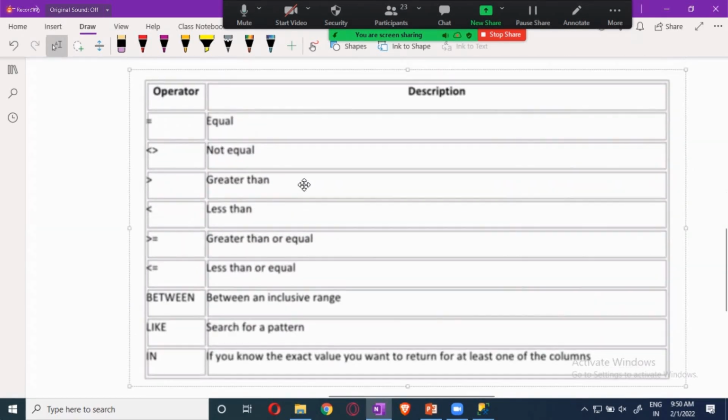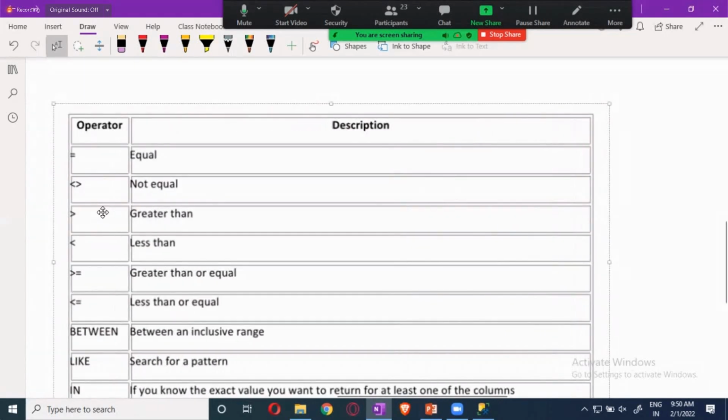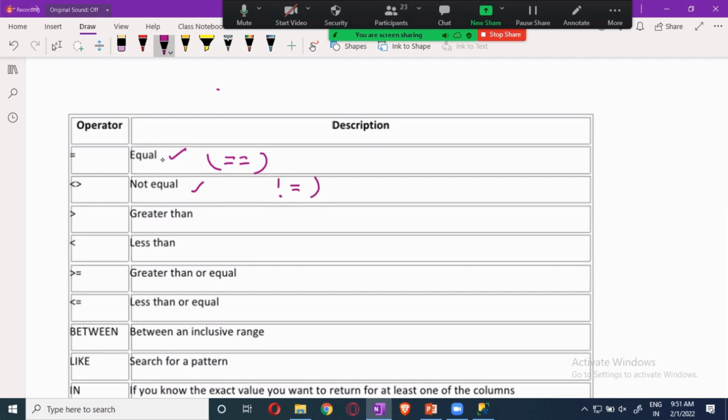When you talk about equals to, this is nothing but the double equals to in Python. It will work the same. Not equals to is the same as not equals to in Python. Greater than sign is greater than, less than sign is less than, and greater than or equal to is a dual operator. These are relational operators, guys. These are very much similar to those in your Python. There is nothing you have to do; it is very much similar to Python.